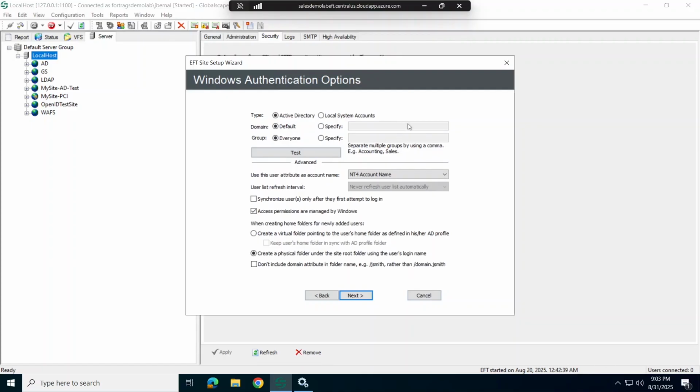This next page allows me to configure the parameters for Active Directory integration. The first one is type. I'm obviously selecting Active Directory, but I can configure with local system accounts if I need to. And then the domain. I can select the default domain, or I can specify another domain if you have multiple